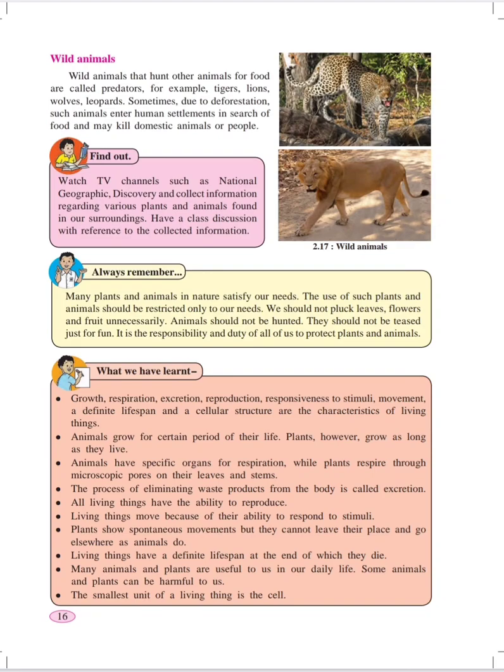Most of the time these animals are very dangerous. They may attack us at any time. So they are wild animals and also very harmful. They are dangerous to us. These animals live in the forest. They eat other living things like plants or other animals to survive. Animals like tigers and lions eat flesh, and animals like deer, elephants, giraffes eat plants.